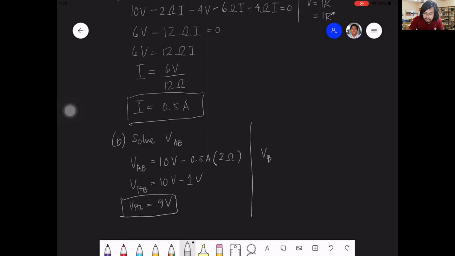VAB is thus the same as that. We have minus 4 plus or minus 6 ohms times 0.5 A